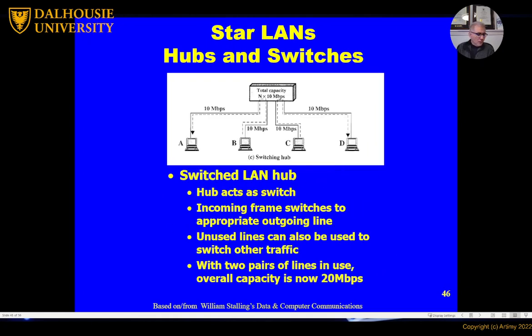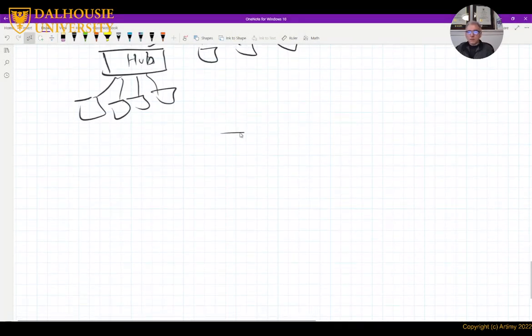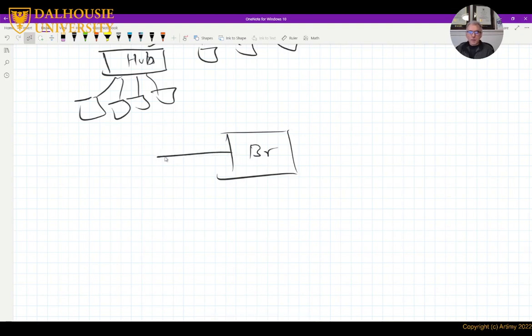Now, the technology expanded. When we used bridges, the bridges are not hubs. The bridge is a device that works on the MAC layer, and it can receive a frame from one side and send it to another side. How about I add more ports, which I hinted at before. So now I have port 1, port 2, port 3, and 4.